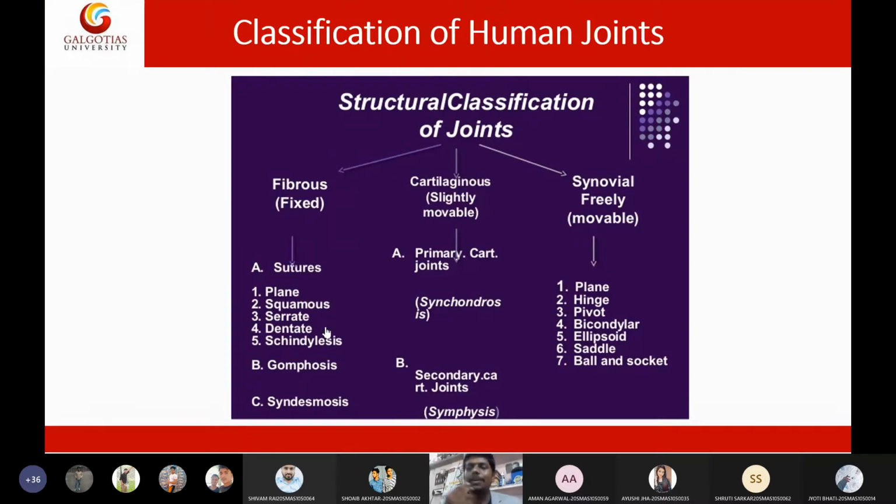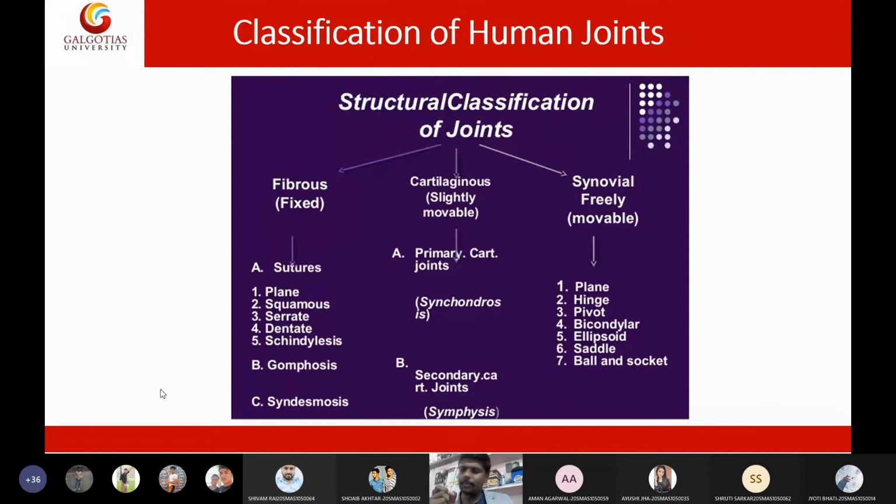I will give you an example, students. In the hand, we have two bones, radius and ulna. Okay, this radius and ulna, they are together joined by some fibrous material. So we have one bone here and one bone here. See here. So we have two bones in the hand. These two bones are connected by some fibrous-like material, and that fibrous material is called syndesmosis.